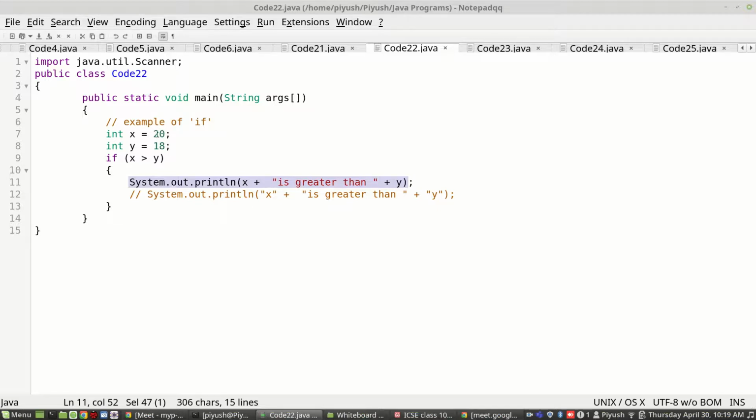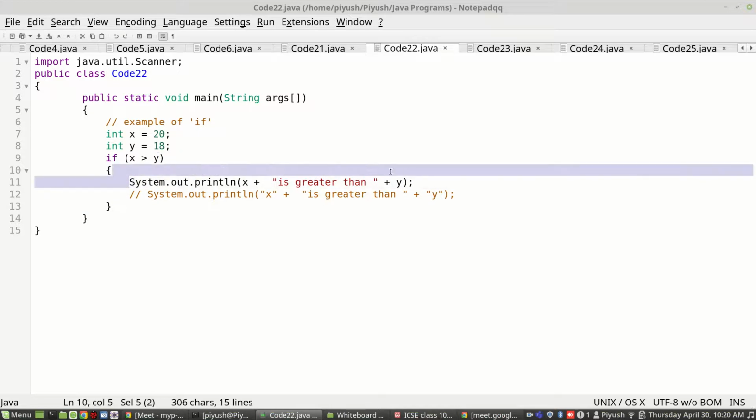That is, if the first number that you are checking is greater than the second one, then only you have to display the message, else you don't have to do anything. So we have to handle only one case of the two possible cases here. Therefore we are using only the if form of control statement, because we don't need to show anything when y is greater.